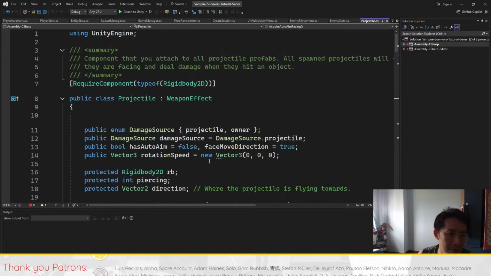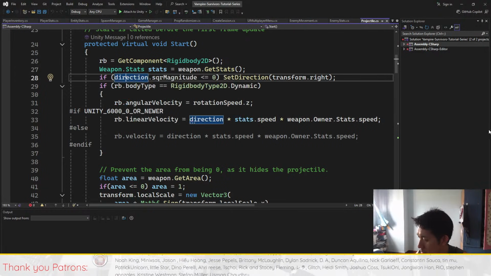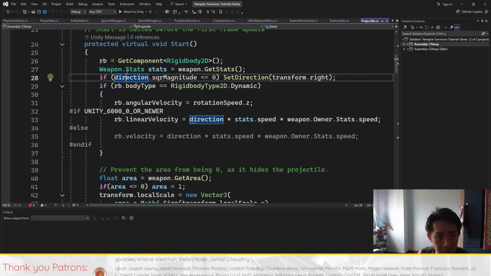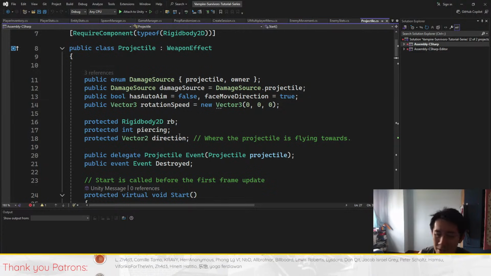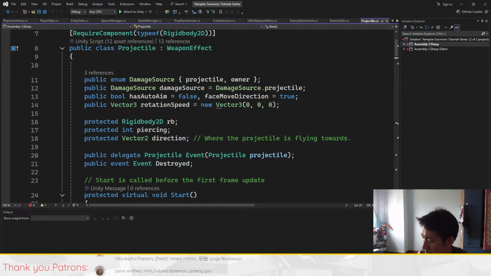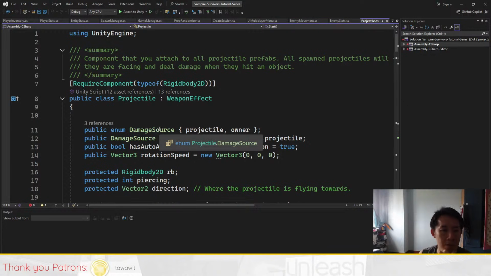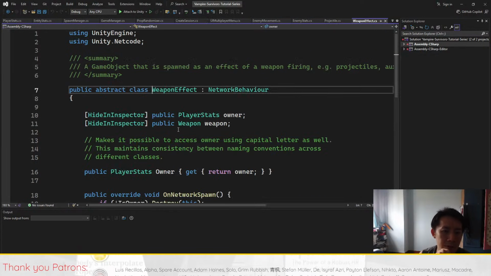The line I'm interested in is line 27. Object not set to an instance of. It says that over here there is something at a weapon. Weapon is not set. But how can the projectile be spawned without having a